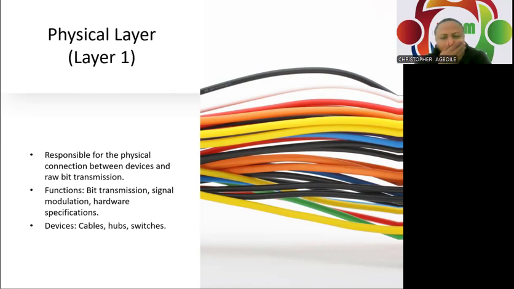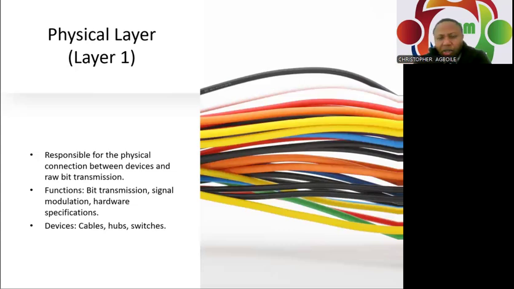So the function is for connectivity in terms of cables, in terms of connectors, in terms of voltages. It also manages the bit transmissions and the modulation of the transmission. It also handles the signal encoding